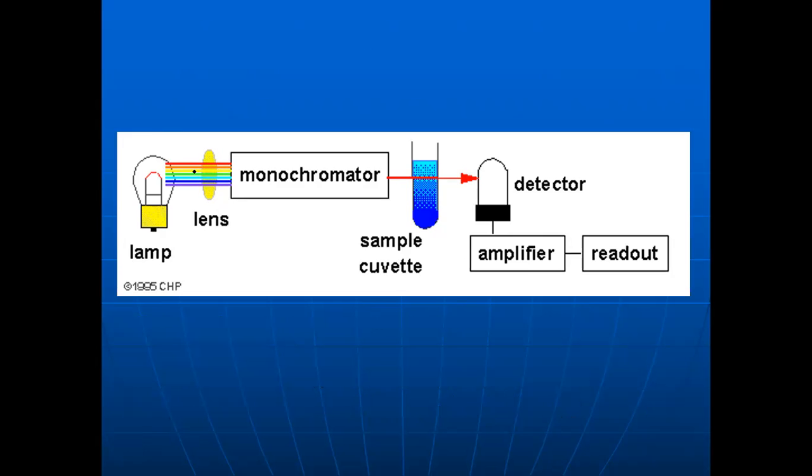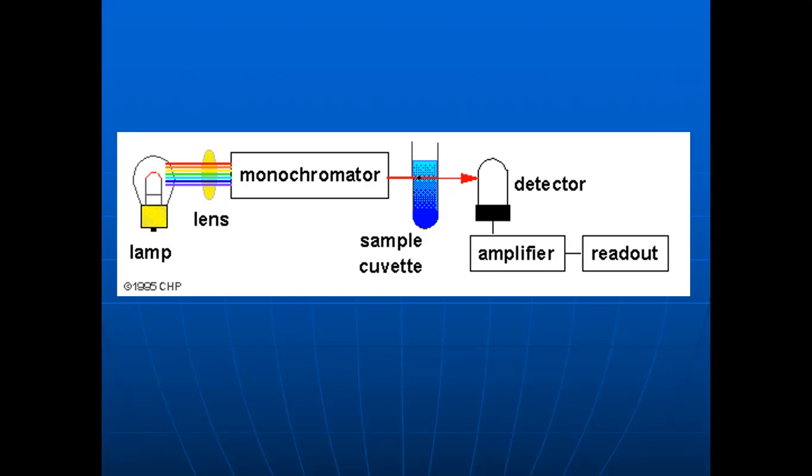Something will be used, so automatically the light will be divided into different wavelengths. From this complete wavelength range, we need only one particular monochromatic light. So what we do is use some monochromatic filters. That monochromatic light will be passed through our sample cuvettes.